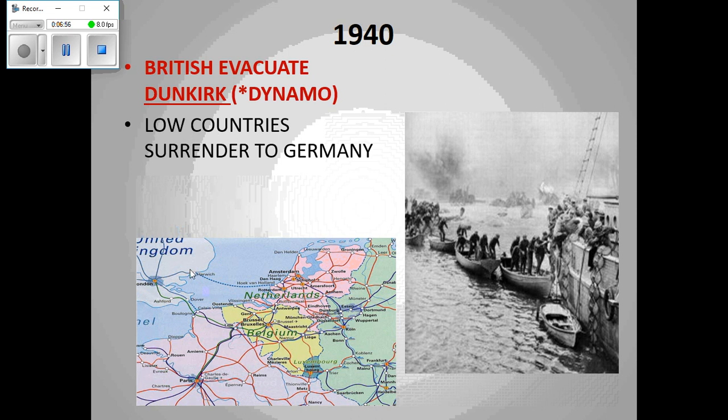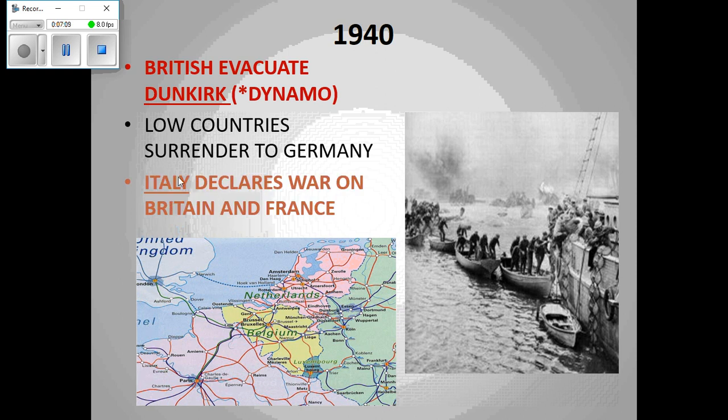All right. Now, right about the time that the miracle at Dunkirk happens, where they get the evacuation, Belgium and the Netherlands completely fall. They run their white flags up and say, hey, we surrender. Now, at this point, Italy has seen enough. All right. Hitler easily took Poland, easily took Norway, Denmark, Belgium, and the Netherlands. And now the Italians say, okay, let's join the war effort because we know Germany's going to win. The Italians are like that. We're going to wait and see who wins, and then we'll join that side. So the Italians join Hitler, and they declare war on France and Britain.